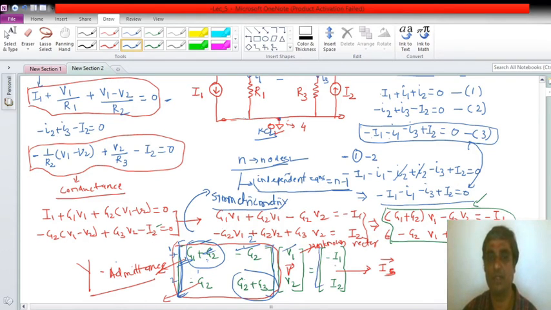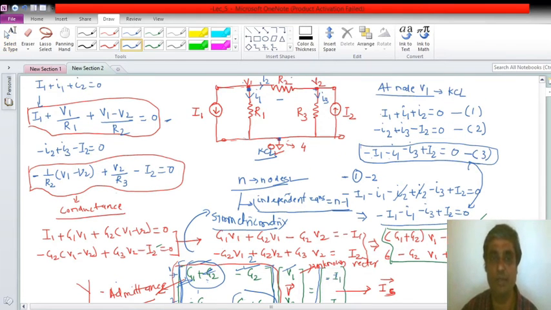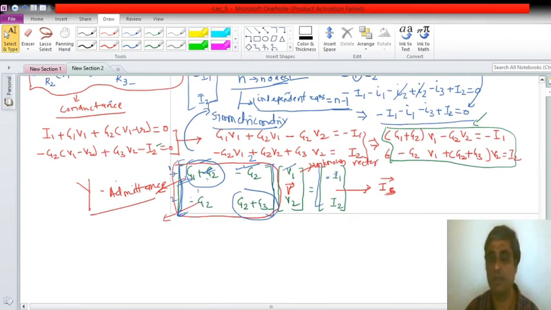So here again we can draw some conclusion. What is it? Negative of I1. In node 1, what is happening with the current source? The current source is leaving. So if it is leaving, then directly from the observation we can write the negative of the current source value, and if that current source is coming into this node, you can directly write the positive sign of that current source value. Okay, so these are the conclusions we can make from this symmetric matrix, right? So that is again called the admittance matrix.